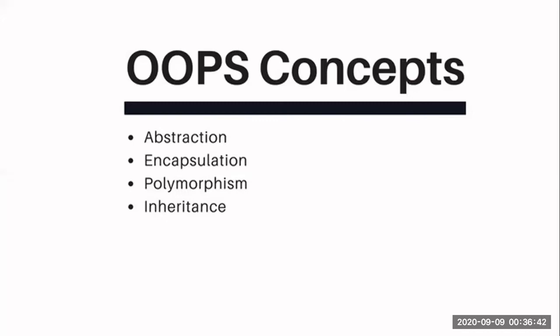Nowhere else will it show your account number. Sometimes in certain banks it will show your name but not the account number. Even if the account number is displayed, it won't show the entire number. Only the last 2 or 3 digits will be there. This is the concept of abstraction. So hiding the information and showing only what is required, we call it abstraction. That is one of the key concepts of OOPS.